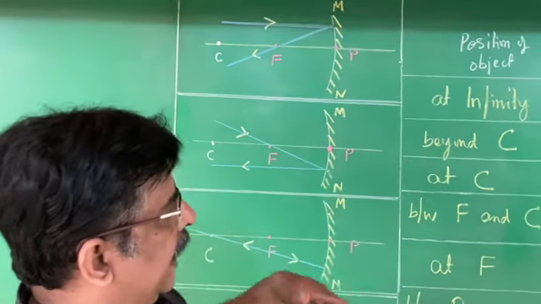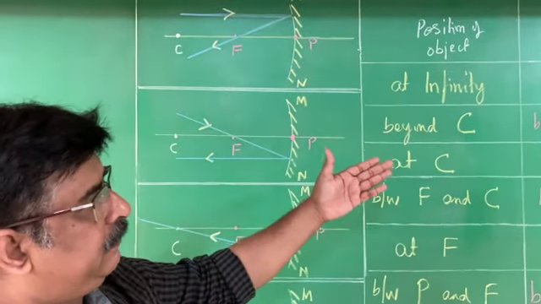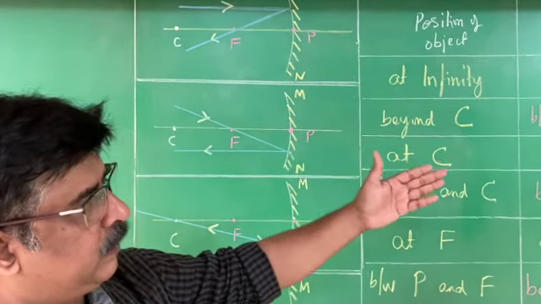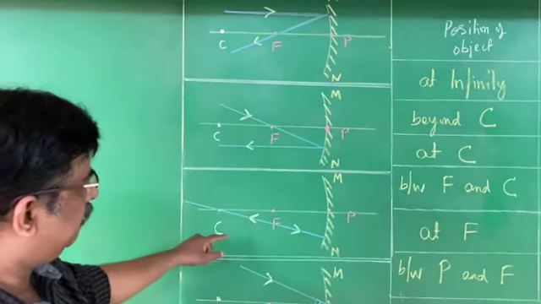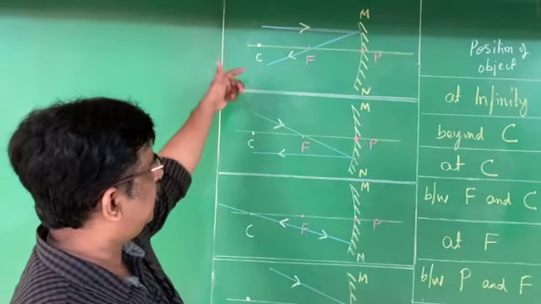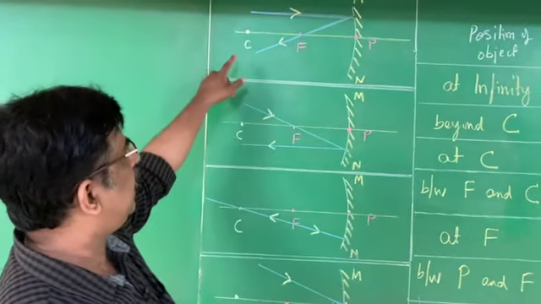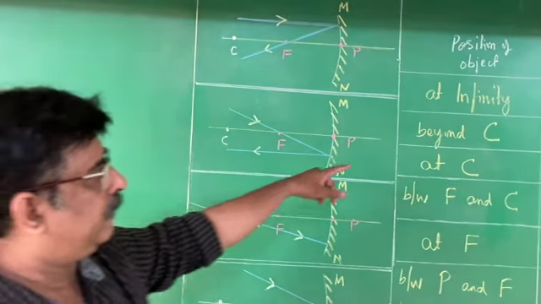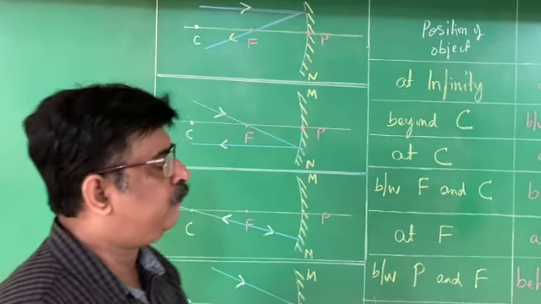And the second ray diagram is when the object is placed beyond C. We are going to get the image between F and C, and the nature of the image is real, inverted and diminished, and we follow condition number 1 and condition number 3. We can also use condition number 1 and condition number 2. But in the textbook, condition 1 and condition 2 are used to write the ray diagram of the object when it is placed at C. Now we are going for the third one.